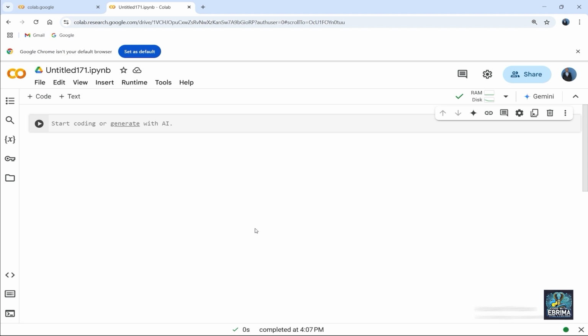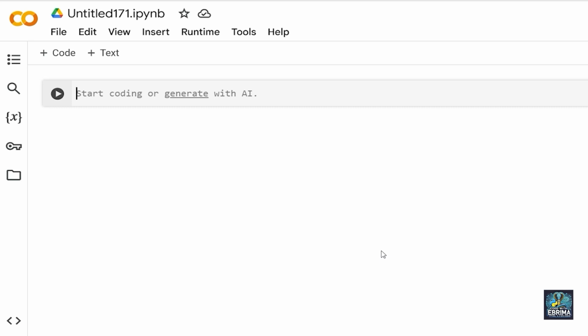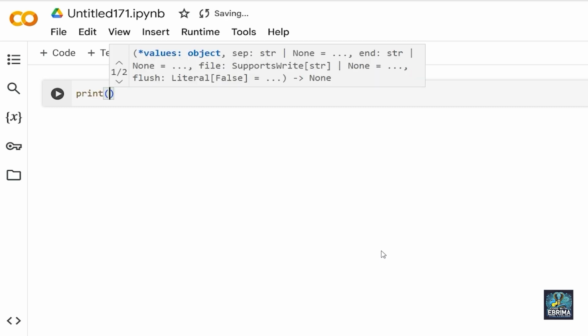Now it's time for the fun stuff. We are going to start by printing single values or single objects. As we said, print is used to display values or objects on the console. So let's go ahead and start printing the single values, aka the single objects. Now we are going to type print, bracket open, bracket close. Now we have to put this thing in strings, what we want to be printed on the console. For the strings, we can either use single quotes or double quotes. Let me start with double quotes.